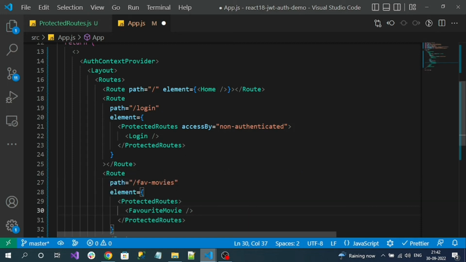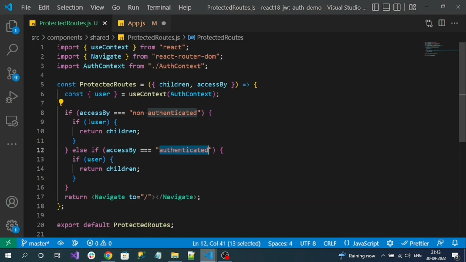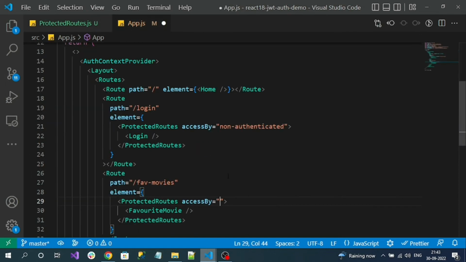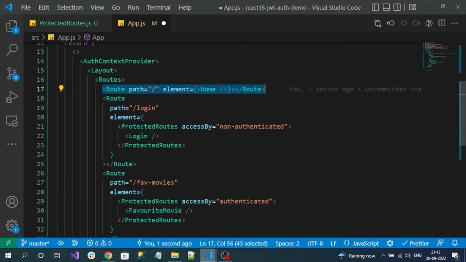And access by property. And this should be accessed by authenticated users. Okay. And the home page is for everyone, so I no need to give any protected route here. I can simply leave it like this only. Okay, now if I test,